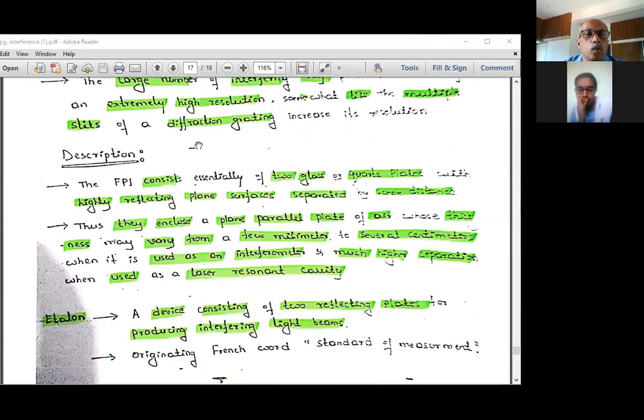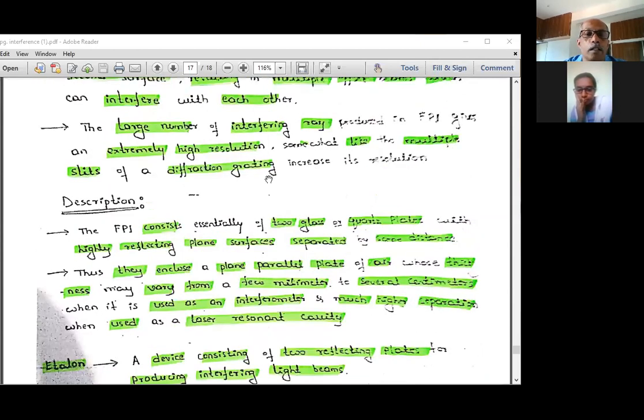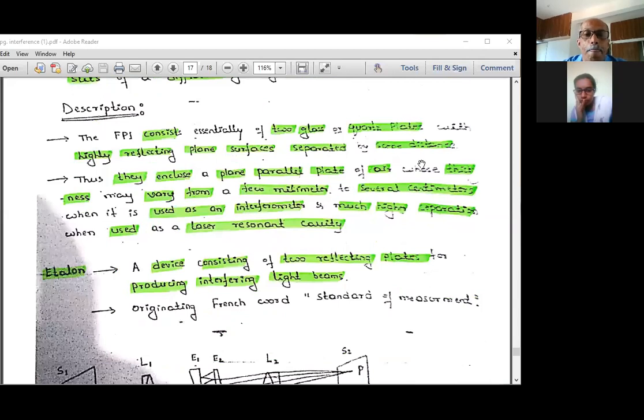It is similar to the interference pattern obtained by making use of diffraction grating. Diffraction grating will have a number of lines which are very closely engraved. When light passes through them, we get a number of light rays which are parallel to one another. They interfere, resulting in the multiple interference pattern, or multiple rays get interfered in case of diffraction grating. So let us have the description of Fabry-Perot interferometer.